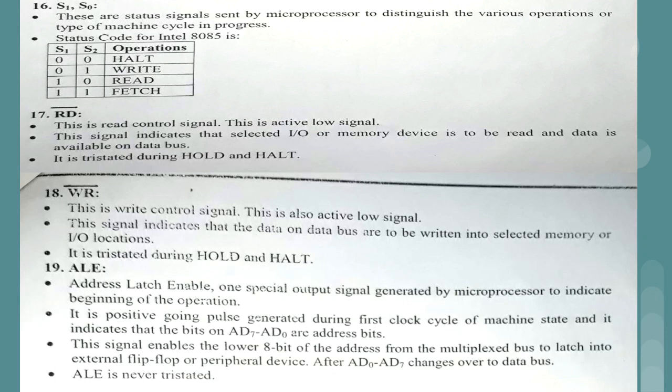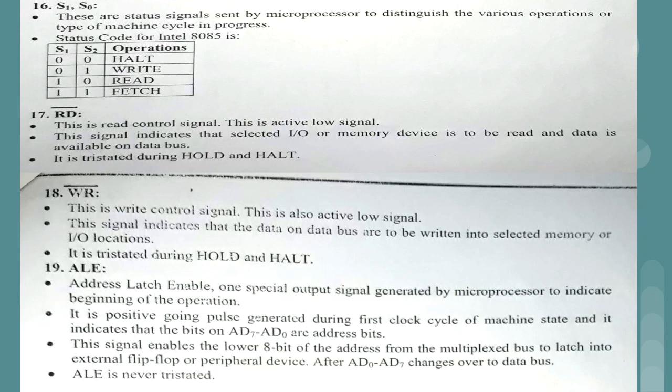And actually it is not difficult to remember the second point, because RD is nothing but read operation. We are reading means what? We have already fetched the data from the memory. From the memory we are fetching means we are storing the data on the data buses, and data buses make that data available to us for the read operation. Similarly, writing means what? We have written some data on the data buses, and now we want to store that data inside the memory. So that is write operation. So these are the 2 operations.